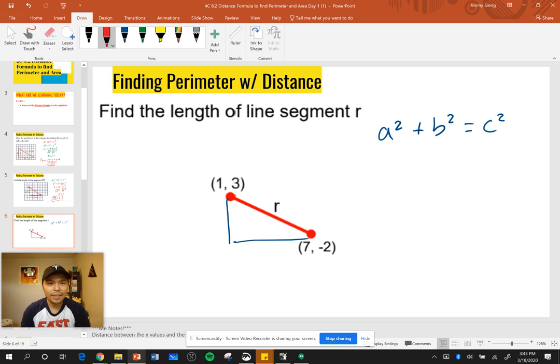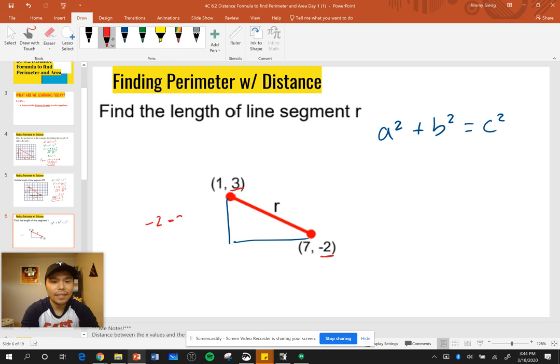So if you look at, let's just say, the vertical, I see that your y values are 3 and -2. Okay, well, think about this. How far away is -2 away from 3, right? We can think about the difference. We can think about the distance between those two. I can see it as, let's just make our life easier. Let's just say